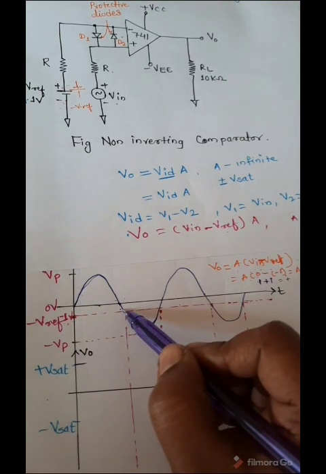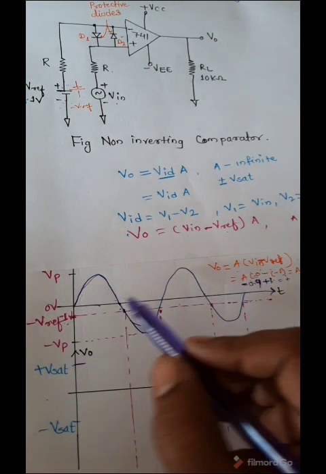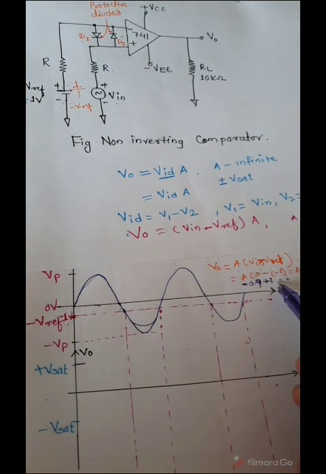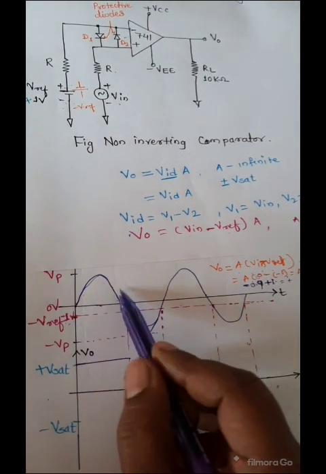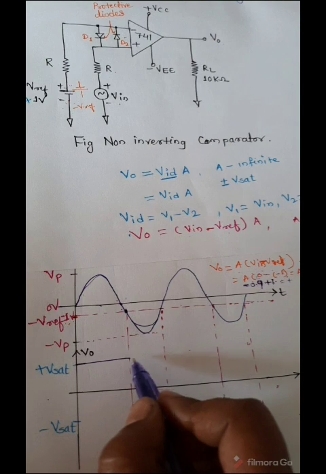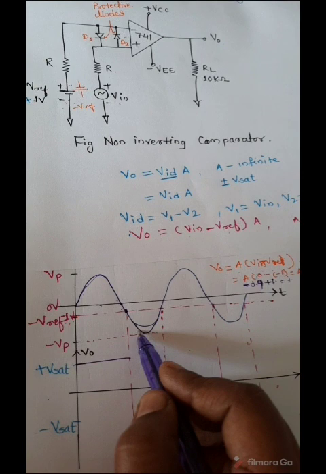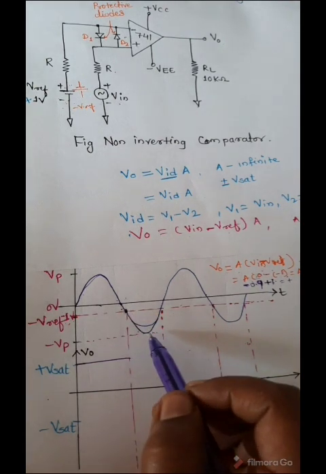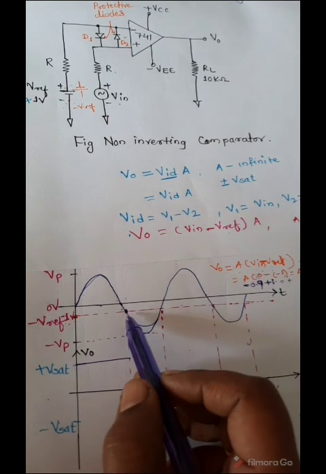For some negative values of the input signal which are greater than the minus 1 reference voltage, the nearest value to minus 1 is minus 0.9. Here V in will become minus 0.9, and it is plus 1. So still, what is the differential input voltage polarity? Positive. So the output remains positive for this total portion of the input signal for which V in is greater than the reference voltage. After that, V in is less than the reference voltage, which is negative, or we can say V in is more negative than the reference voltage.